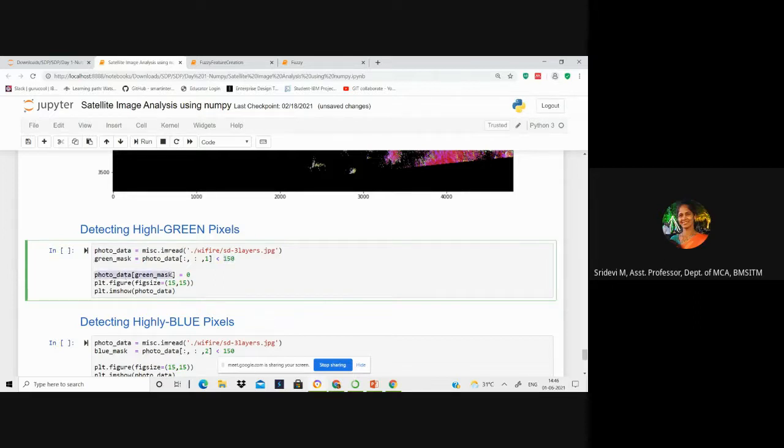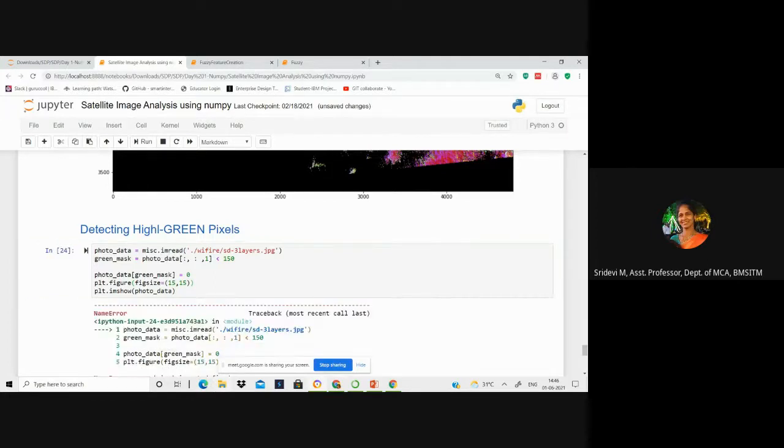Now apply that green mask on your photo data and make all those green intensities lesser than 150 to be 0, and load the image. Now you are trying to suppress the lesser light values of green, meaning lesser than 150, and project only higher values.